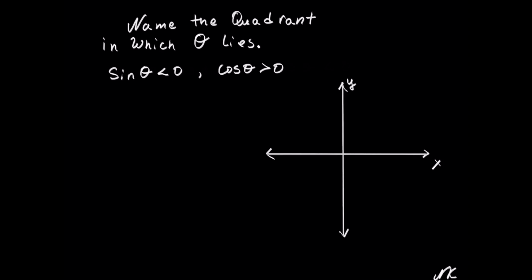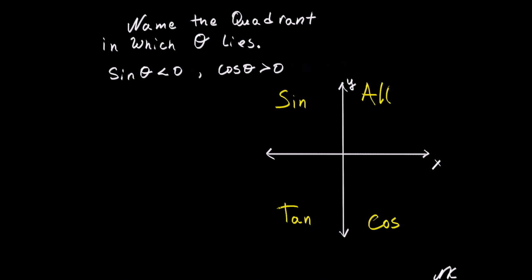Now we need to label which trigonometric functions are positive in each quadrant. So, all students take calculus. This stands for all trig functions are positive in the first quadrant, sine and its reciprocal is positive in the second quadrant, tangent and its reciprocal is positive in the third quadrant, and cosine and its reciprocal is positive in